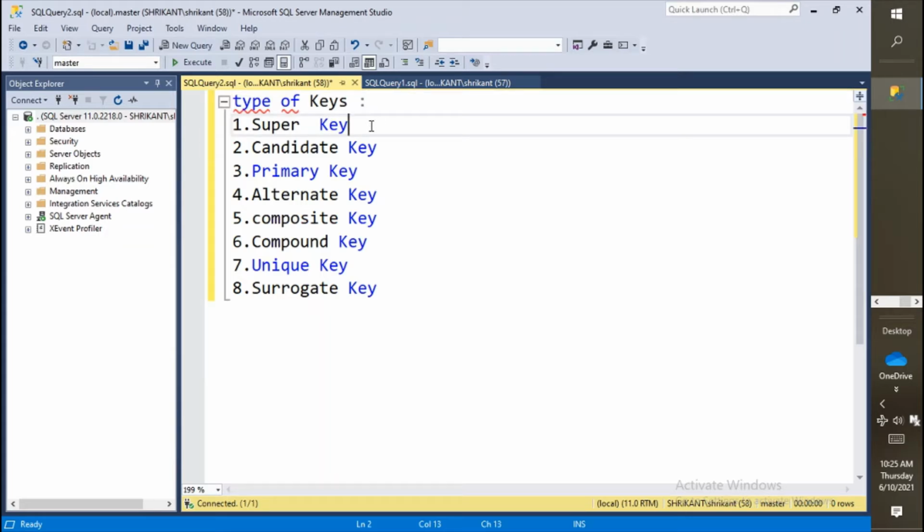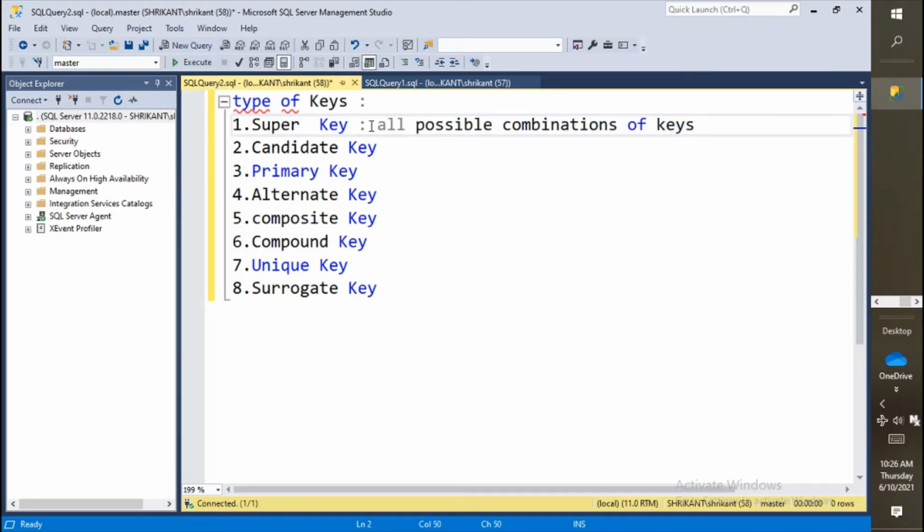What is a super key? A super key is a key which tells us this could be the combination, or this could be the combination, or this could be a single key, which tells us how we can easily identify a row in a table. It will tell you all possible combinations, or all single column combinations, which are used to represent the uniqueness in a table. All possible combinations of keys.